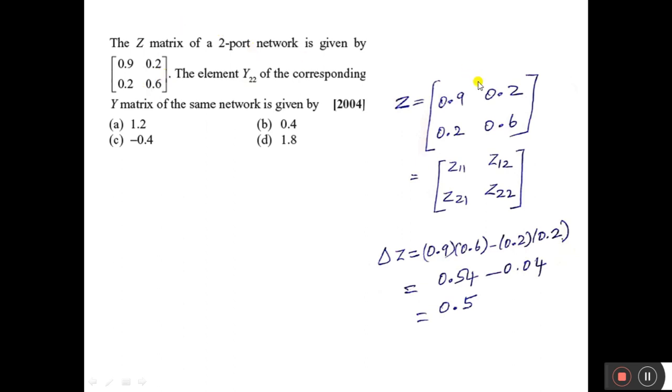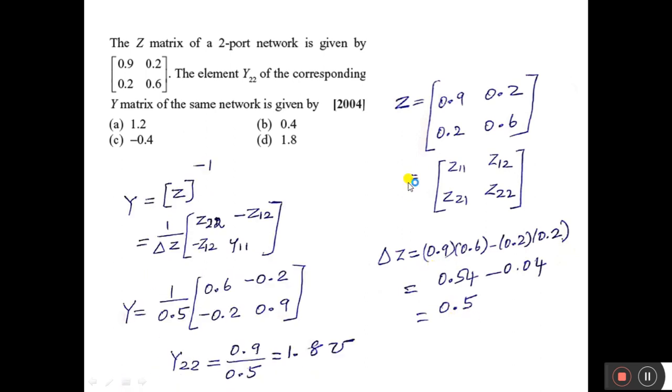So first find del Z, that is the determinant of that. So you will get 0.5. Y equal to Z inverse. How to calculate Z inverse? Adjoint of A divided by determinant of that matrix. So adjoint of this is